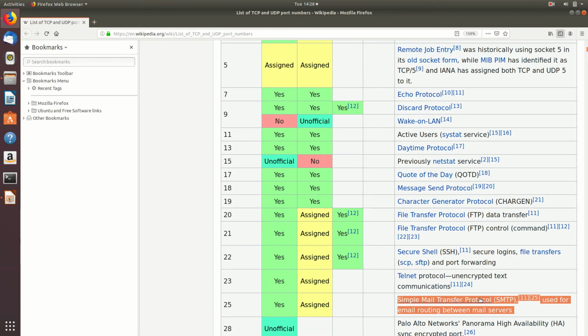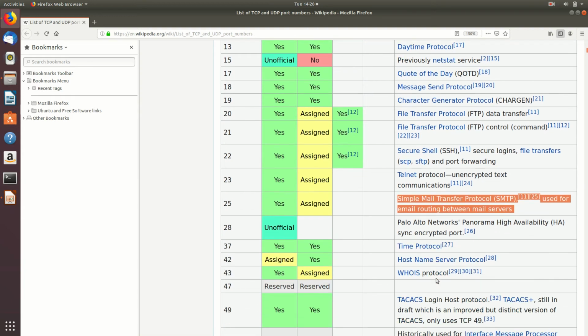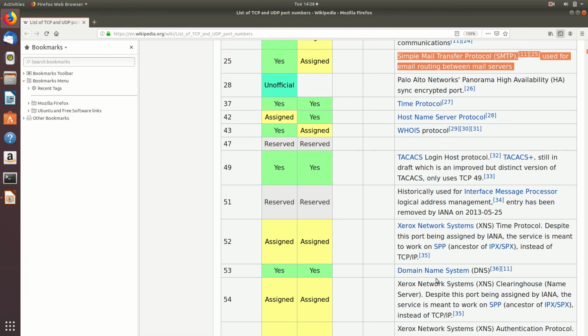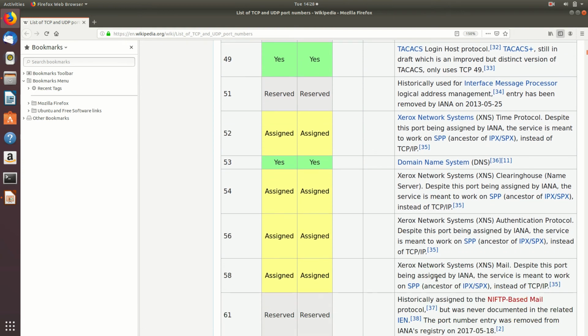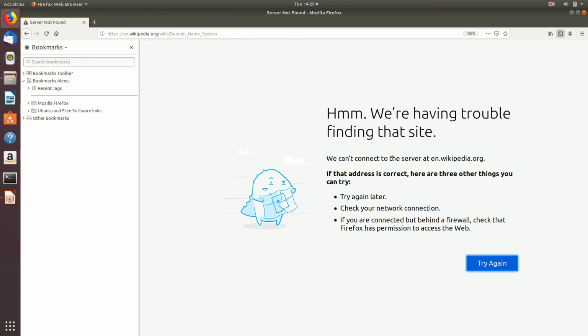It is a mail transfer protocol, mainly used for email communication. There were many others in this range, you can go through them, and for those familiar to you, it will be better if you remember their port numbers. Here we have port number 53, which is for the domain name service, right?